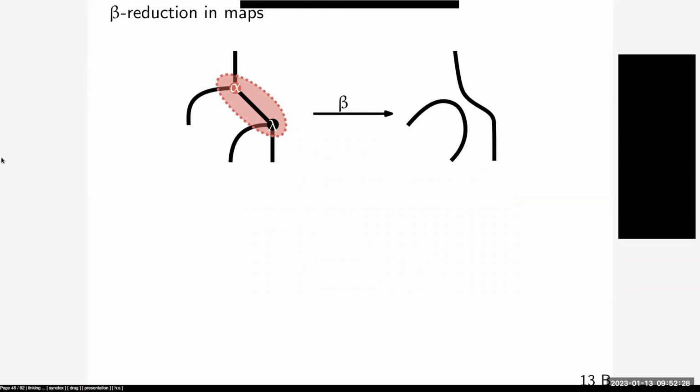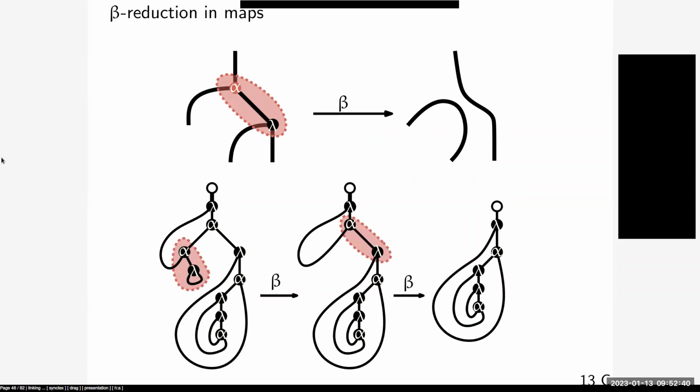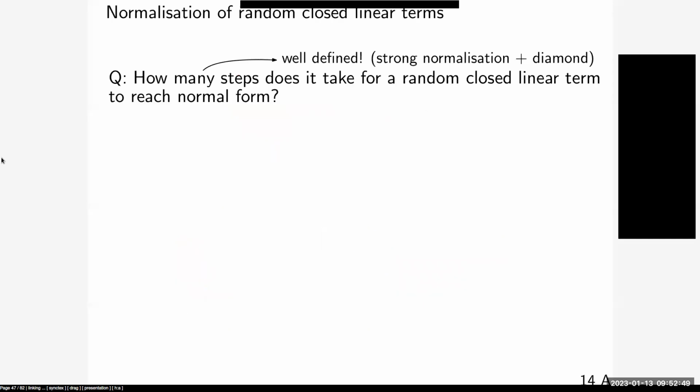We have here the beta reduction pattern, the beta redex pattern in our maps, which is an application whose right side is a lambda. By unzipping, we get this new trivalent map. Here we have a little chain of beta reductions terminating in a map with no redices. Okay. So naturally, given the strong normalization and strong diamond properties, we have a question of how